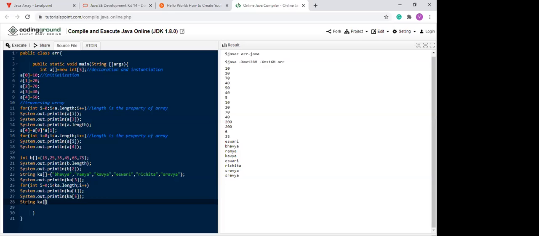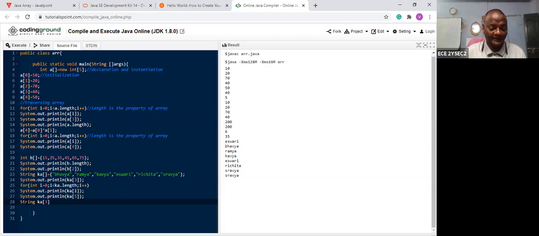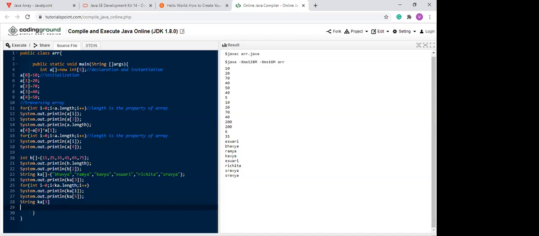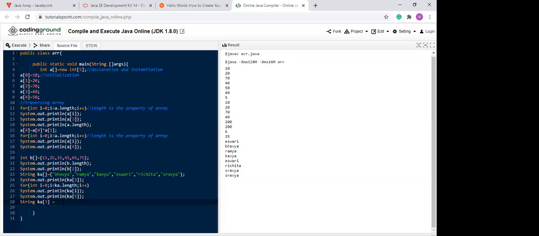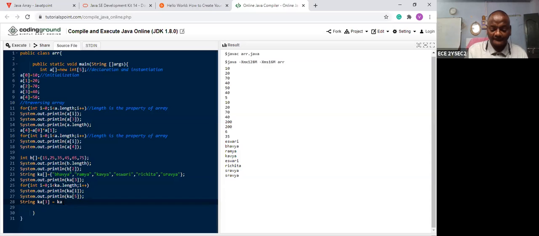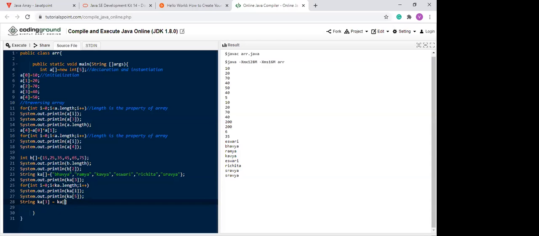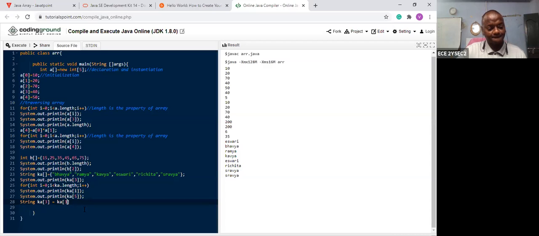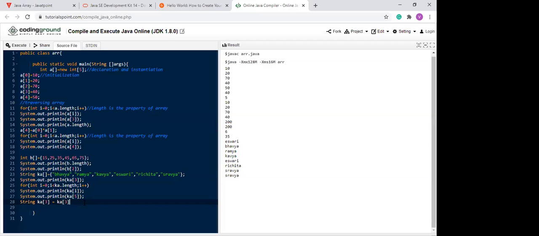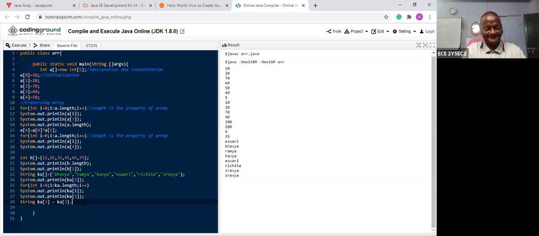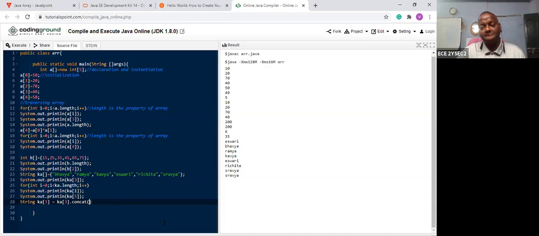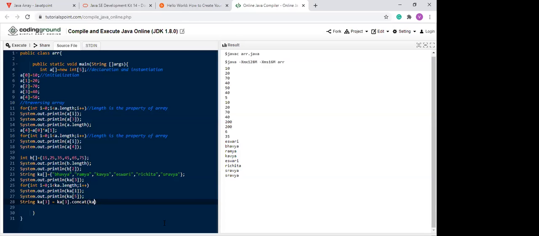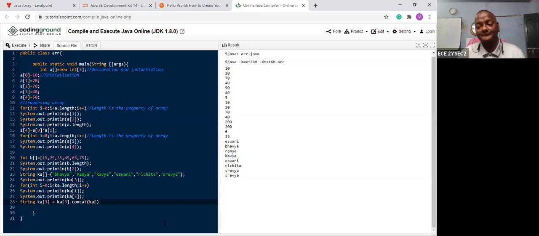String KA[3] is equal to KA[3] dot concat, normal bracket, KA[4].